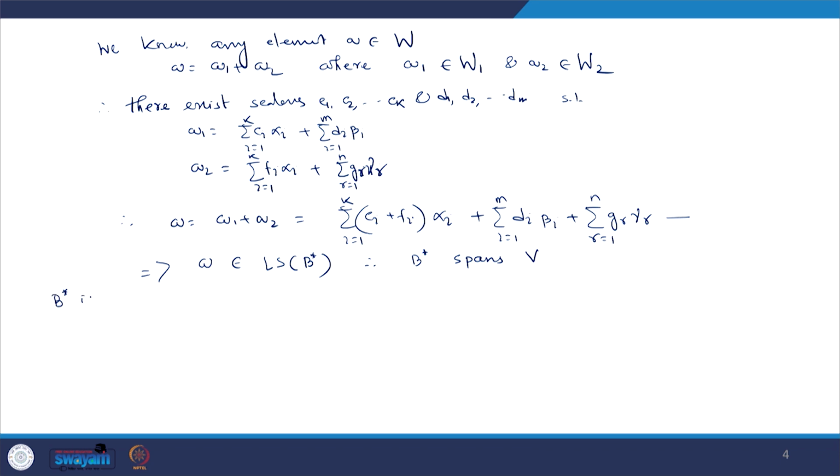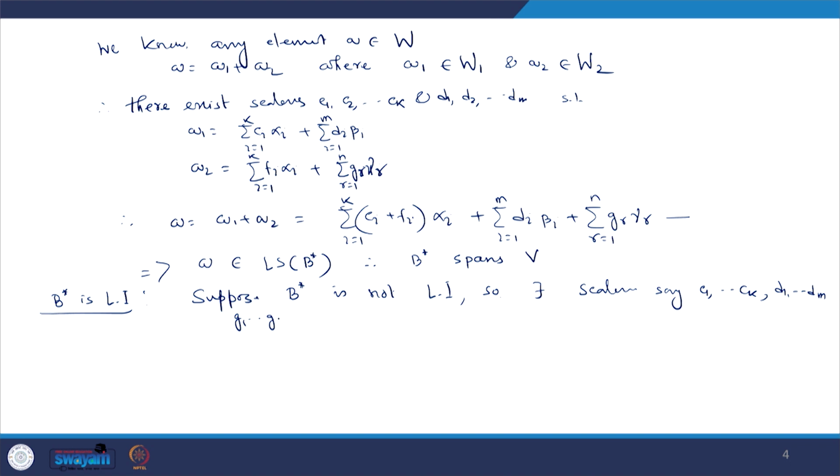Now, the claim is that B star is also linearly independent. I have to prove that one. I will prove it by contradiction. Suppose B star is not linearly independent. So, it is linearly dependent. So, there exist scalars, say C1 to Ck and D1 to Dm and G1 to Gn such that